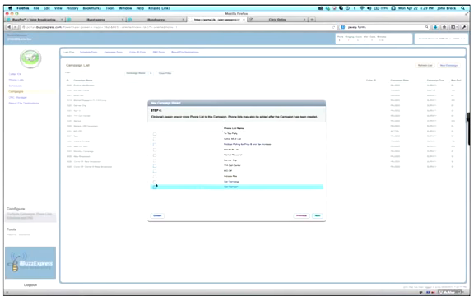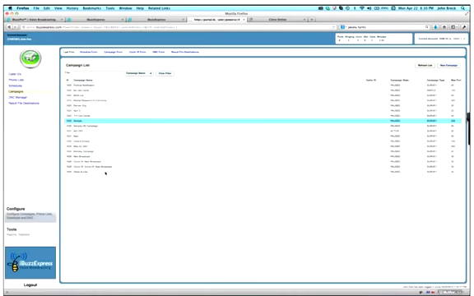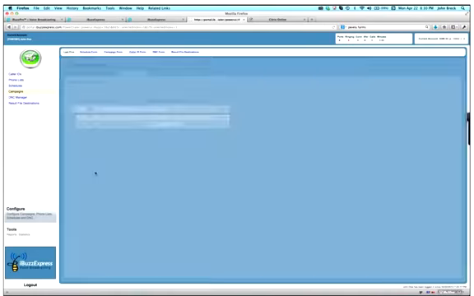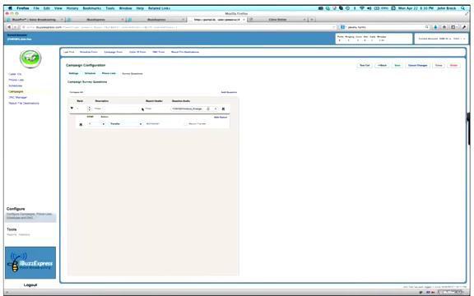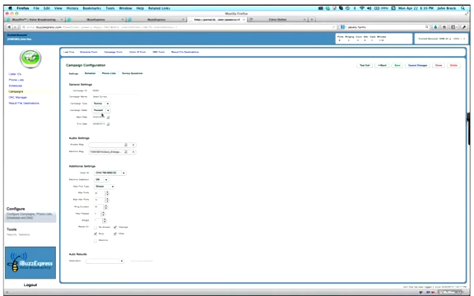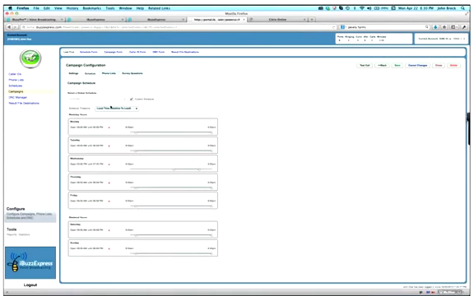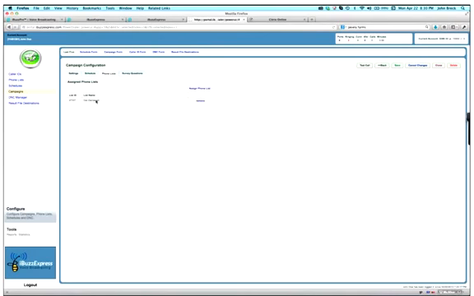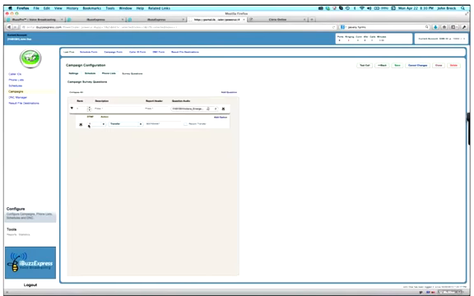Click on next, and I want to use this list right here that I loaded, and I don't need that, so I'm going to come back here and double click. I want to go to settings. That's all good. Okay, schedule's good. Phone list, yep. Okay, I want to add